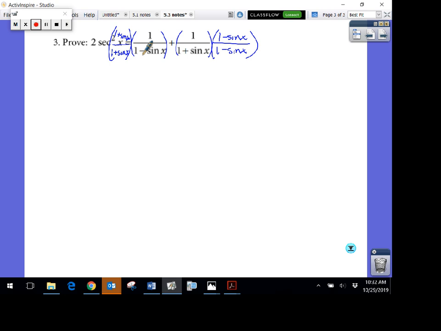Now, there is another way that you can do a proof without having to write the other side. Since this is the left side, we could say LHS, or we could just draw an arrow. Okay, I'm just going to draw an arrow this time. 2 secant squared x, that's a lot to write every time. So I'm just going to draw an arrow down the side, but I can't forget my equal signs. This is going to equal. I can go ahead and multiply that. 1 plus sine x over,